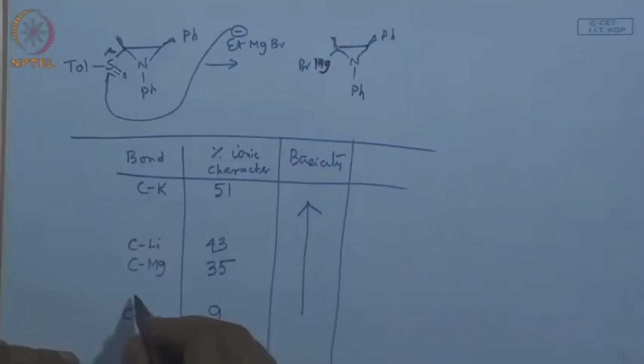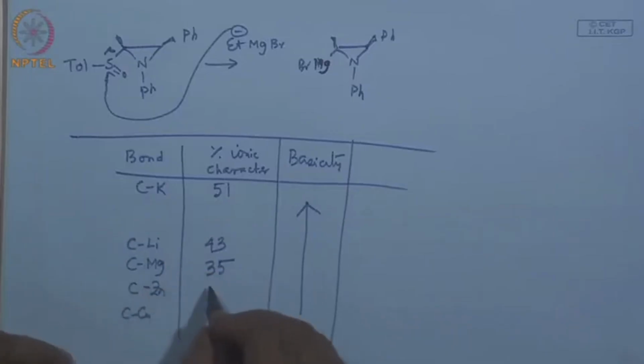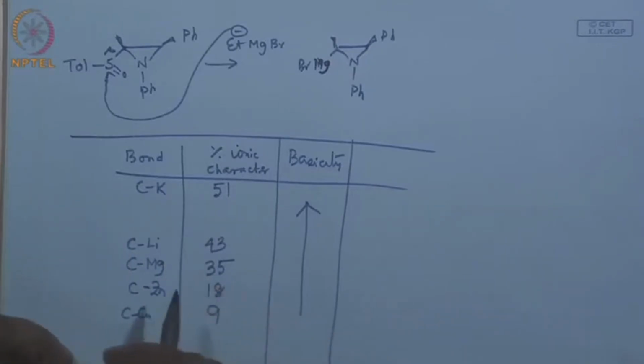Then, where do you put organozinc, because today's topic was organozinc? Here, below magnesium. Now, Supriti, tell me what is the value? Close to 18. So, you see there is a dramatic difference between organomagnesium and organozinc. What does it tell you? Organozinc is less reactive than that. So, that is why organozincs do not react with esters, and that is the origin of